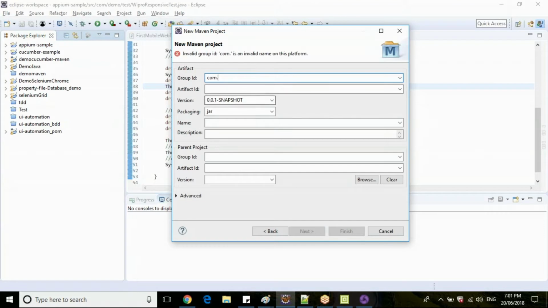So you can give your group ID, let's say com.test, and your artifact ID as APM Maven demo.